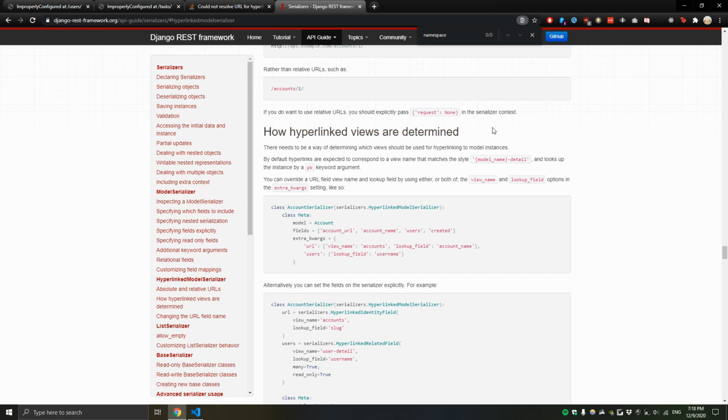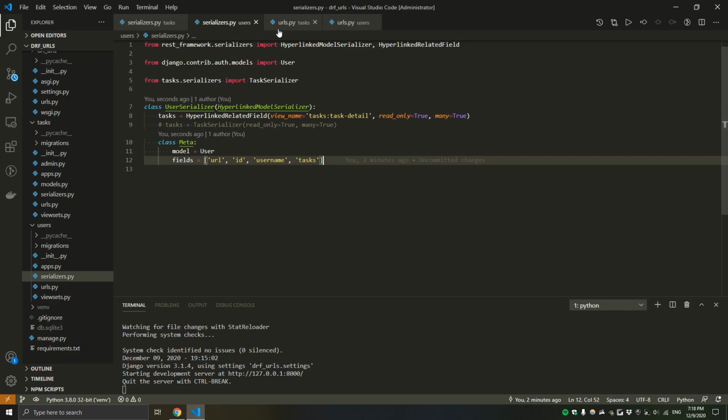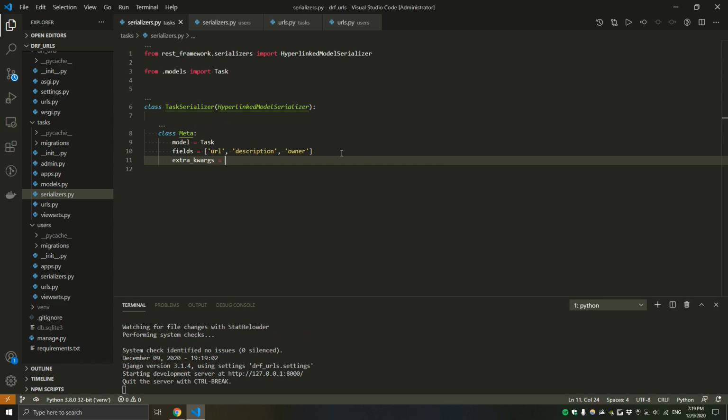So how do they determine that? By default, they're expected to correspond to a view name that matches the style model name dash detail. It says you can override it by using the extra keyword argument setting like so. So this is how you do it: the view name and the view name value, I guess. Okay, so that's where you get it. So let's try this. This is underneath the class Meta, so it's going to be over here, and I'll do extra_kwargs equals